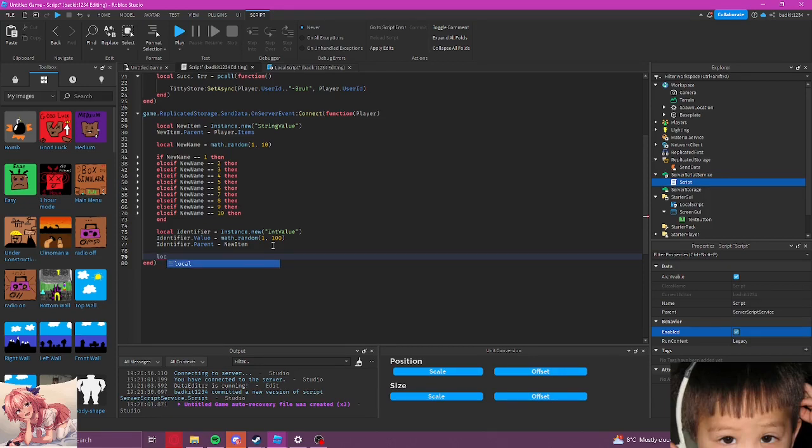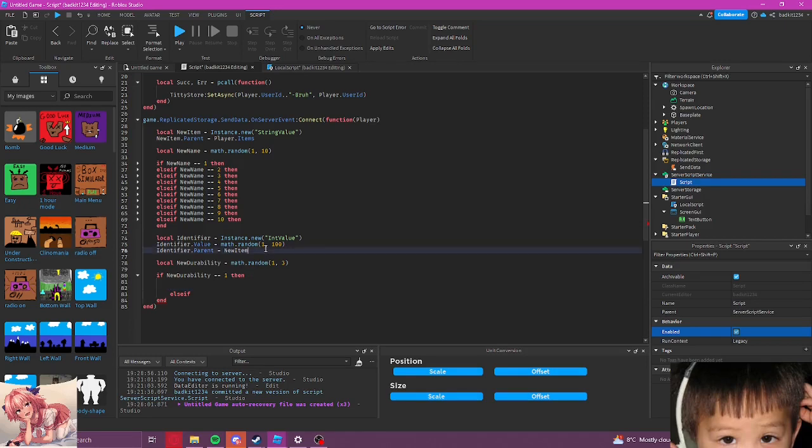So local newDurability, I don't know if I spelled that right, equals exactly the same thing: math.random, and we're going to give it 1, 2, 3, so I don't have to write as much.